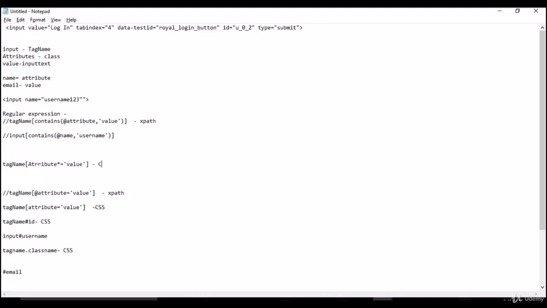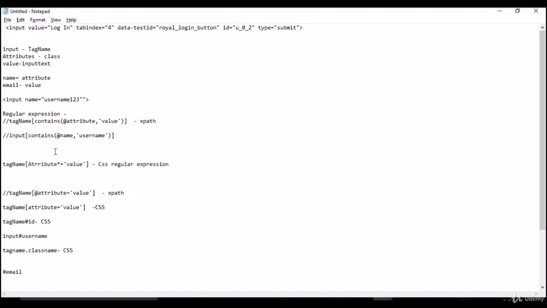It is the CSS regular expression syntax. It looks exactly like the standard matching syntax, but the only thing you need is to put a star here. That's all. If you put a star, then it assumes there is no direct match for whatever value you have given, so it needs to match the subtext. With one simple star, it understands that. Whereas for XPath, you need to write it like this, with the contains keyword.